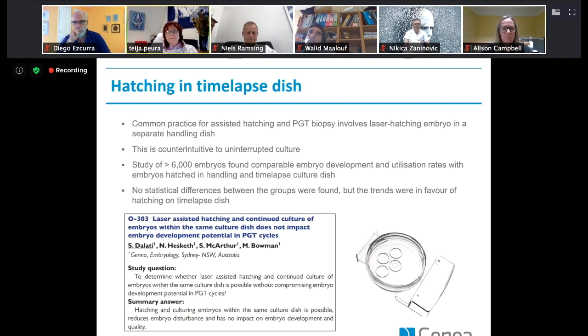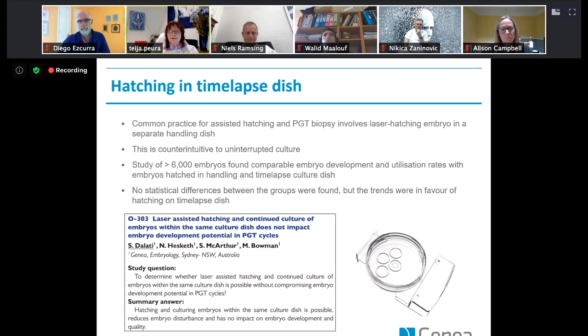So indeed, the common practice for hatching involves removing the embryo into a separate handling dish and then doing the laser hatching there. But it's obviously quite counterintuitive to an uninterrupted culture, because there is lots of handling, lots of ambient conditions and so forth. So Genia Clinics wanted to get away from that, but there were some concerns whether the